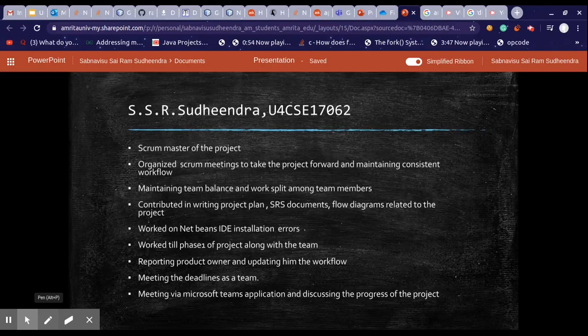The key takeaways from this experience for me were working with the team and maintaining negotiation among the team members regarding differences. This was a wonderful experience for me. I also tried to bring out the best of the team members to produce results. In this way, this project gave me a very good experience in team project management. Thank you.